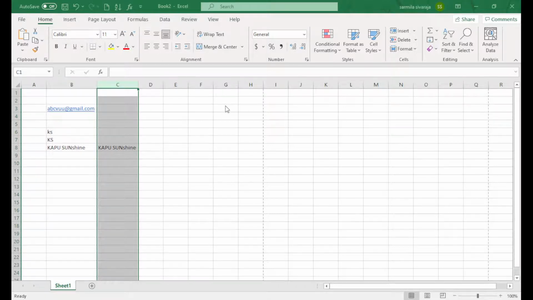Otherwise, this is one of the usable things, customized ribbon. Basically Excel or Word, everything by default has some ribbons such as Home, and under Home or Insert something. If you wish, you can create your own ribbon also. For example, I am going to create a new tab here.